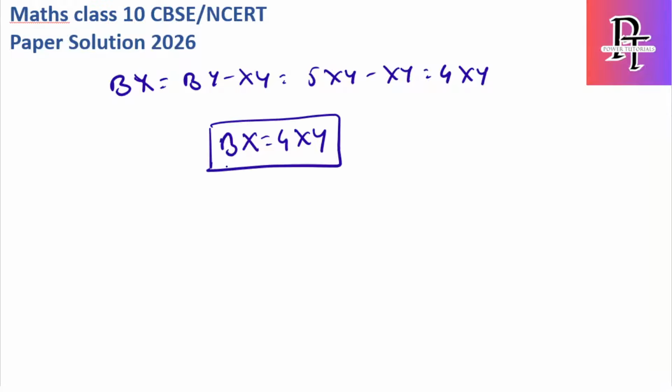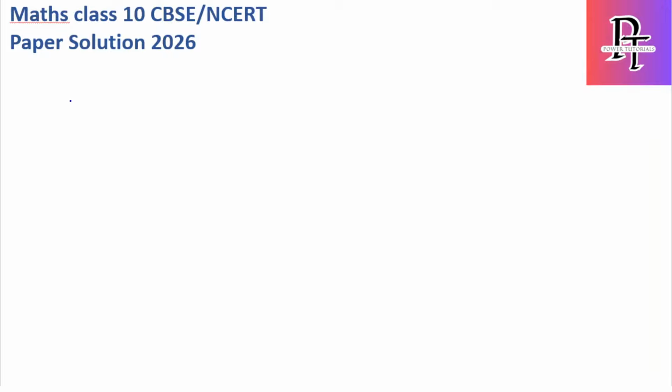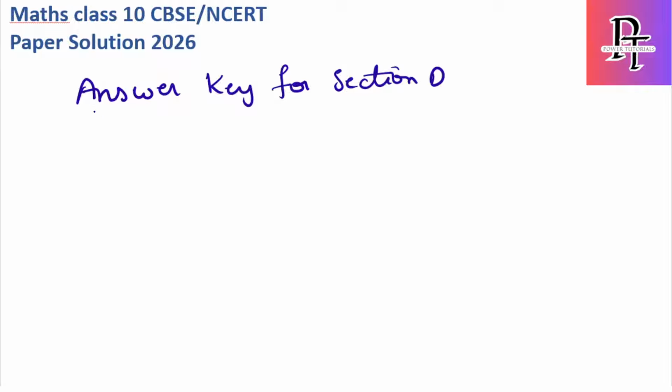Okay, so in this way all the questions of section D are solved। So if you have any questions regarding these 5 questions, if you want to have any other questions as well, kindly post in the community section, that I'll definitely check and answer to it। So as of now I'll just write the answer key for section D। तभी मैं आंसर लिख देता हूँ 5 क्वेश्चंस अभी जो हमने सॉल्व कर लिए।